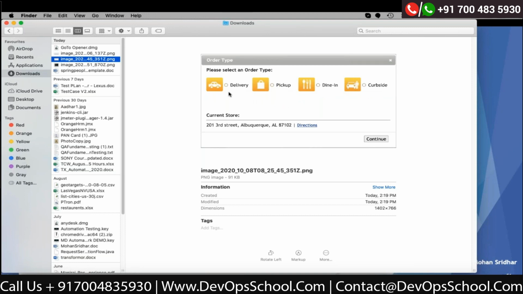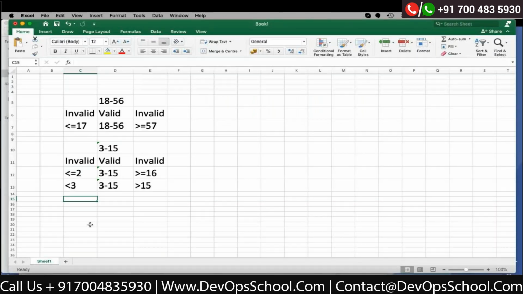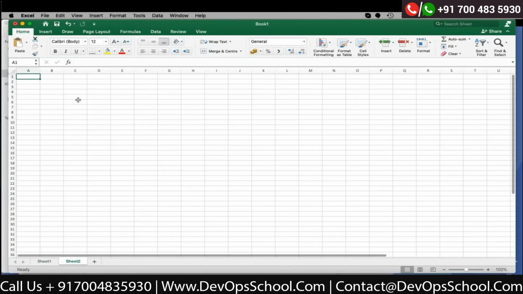If I select both pickup and delivery, around 10 to 12 combinations come, so around 12 test cases. Using the decision table technique, you can create a table where you input whether it is displayed or not. Before that, I will open the Excel sheet and we'll prepare the decision table.